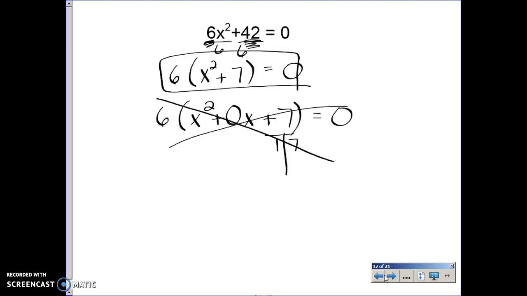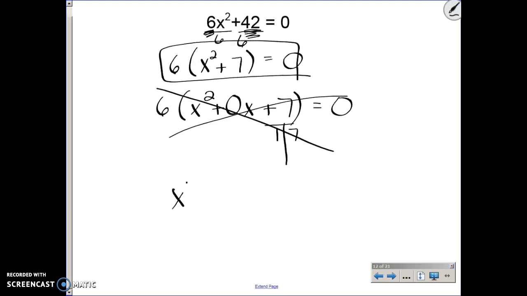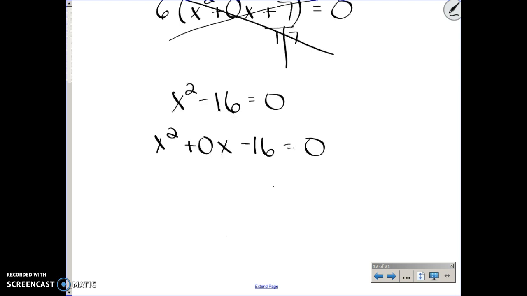Okay, and that's the last. Yep, I think there's another one. The last one is actually x squared minus 16 equals 0. If you set it up like x squared plus 0x minus 16, you're going to be able to factor it like normal. Okay, you got 1, 16, 4, and 4. If you have a positive and a negative 4, you'll be able to make it work as x minus 4